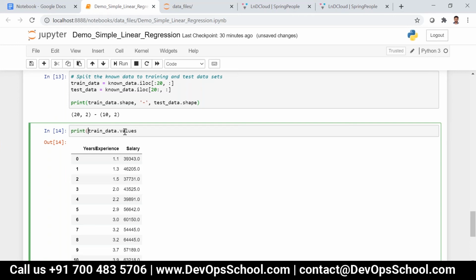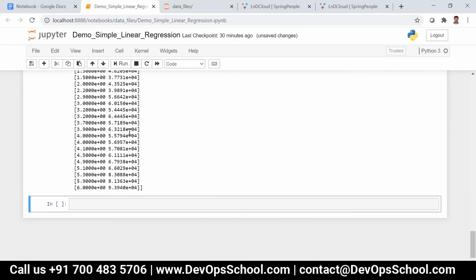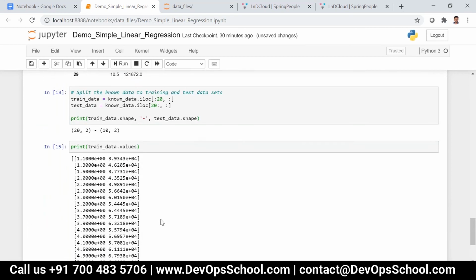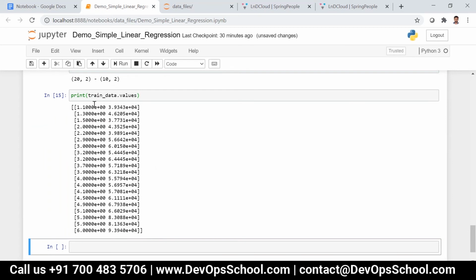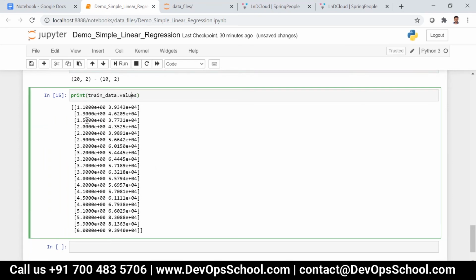Whenever I say this, this will become a numpy array like this. So now we can write this particular one for the x-axis and this one for the y-axis. That is also possible actually.